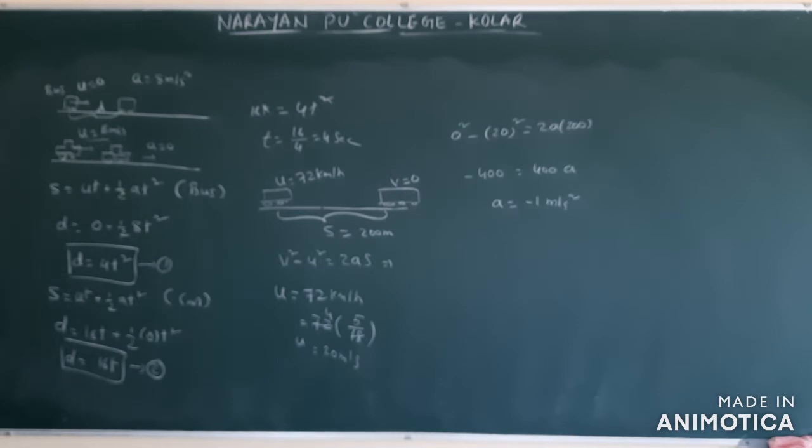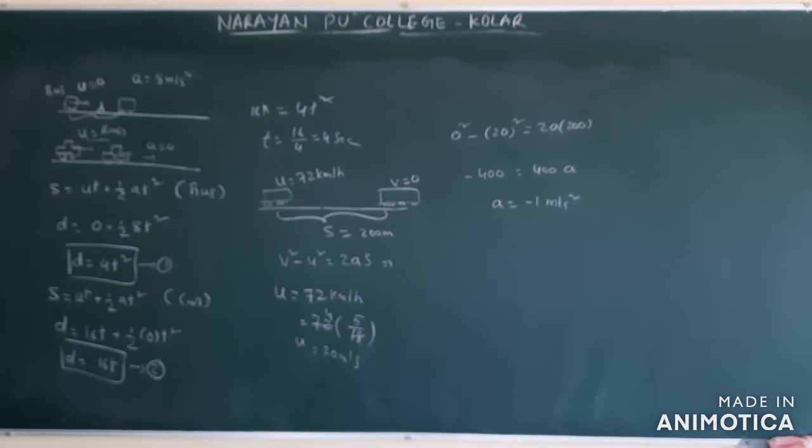Now see the solution they gave. In the solution they have substituted the s value as 100, therefore they got minus 2. What we did is correct for the given problem. In the solution, in place of 200 they substituted 100, therefore they got minus 2, but minus 1 is the only correct answer.